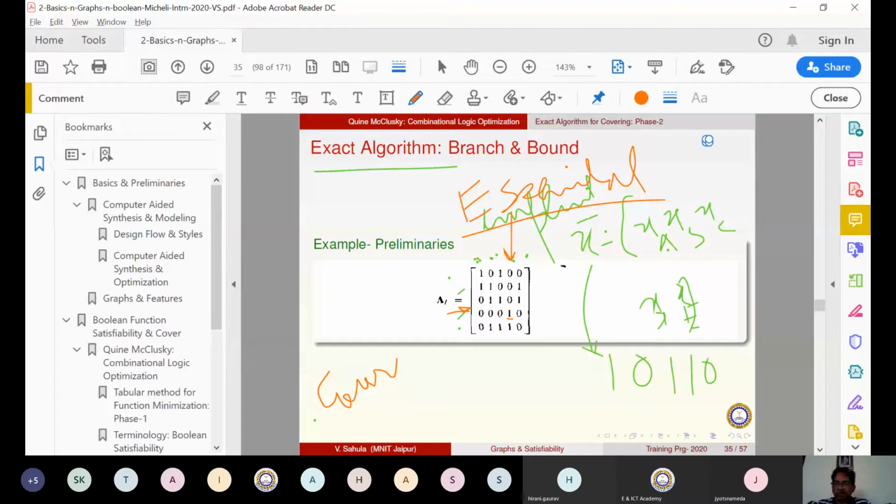So for reduction, we have to go for reduction first. If I see the algorithm, the first line was to find out the essential things and see what is feasible before we go for selection. So before going for selection, let us see the 3 steps. One is essential column selection. So essential column is that column which has 1 in any one of the rows. So the fourth column has the only 1 in that row, right?